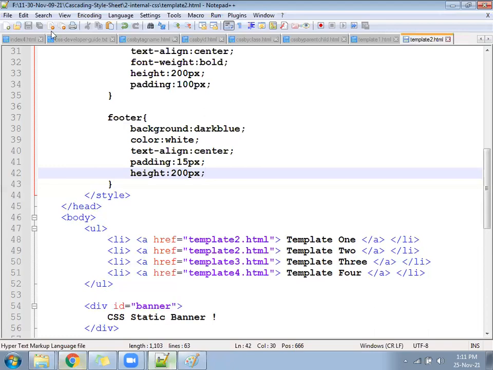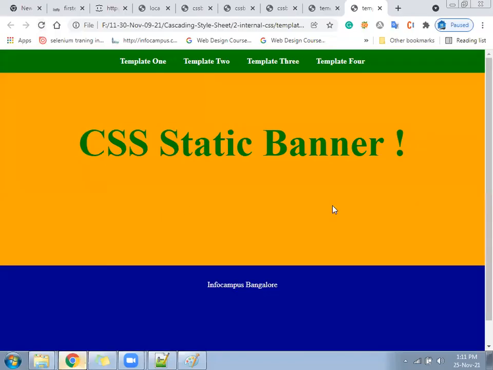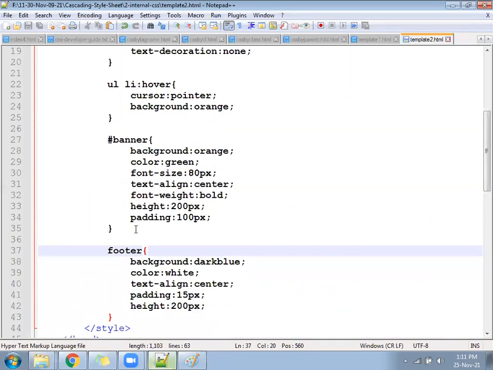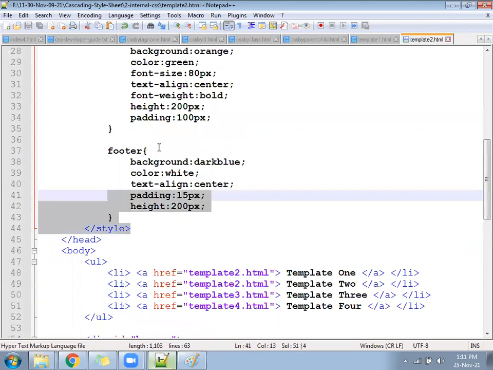We are getting the footer at the last. Before the footer, we will add some more things. See, this way. Now hope you understand the value of CSS. If this entire CSS is cut, then see the value of HTML. Cut all the CSS, save the file and run once.